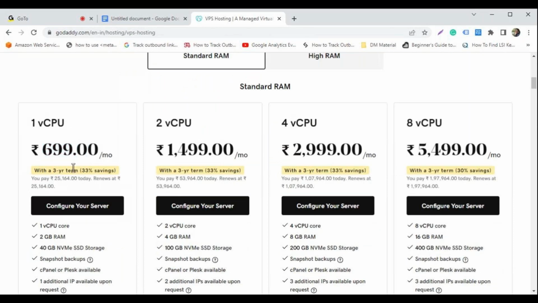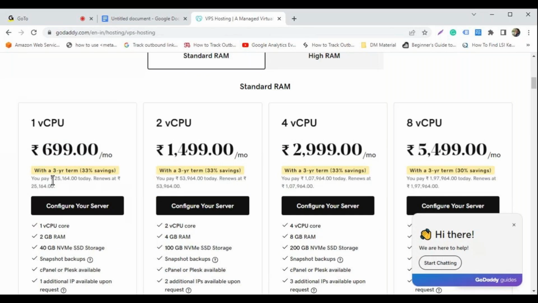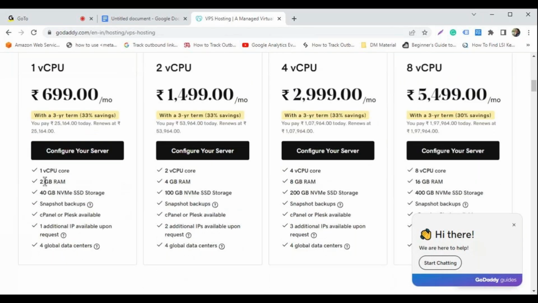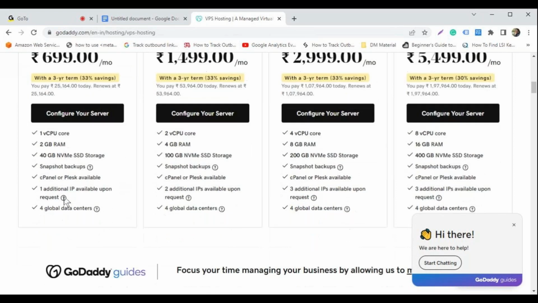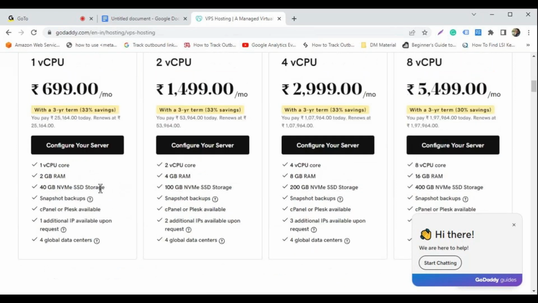If we purchase a 3 year term, we need to pay around 25,000, around 28,000 with the taxes for the 3 year period. So we'll get one CPU with 2 GB RAM and 40 GB SSD storage. We will get only 40 GB space, which is very less, but fine for small companies. We can use snapshot backups and cpanel and all the other things. But if you see around 8 vCPU,